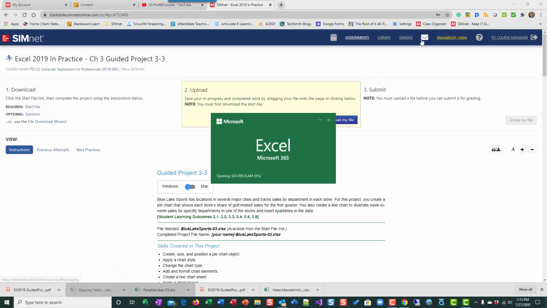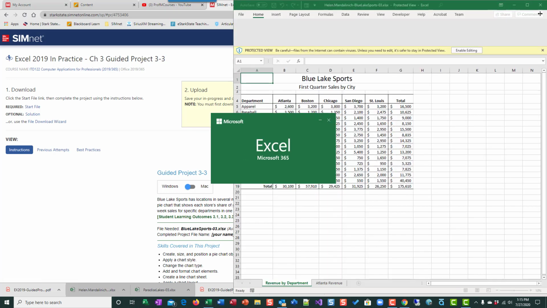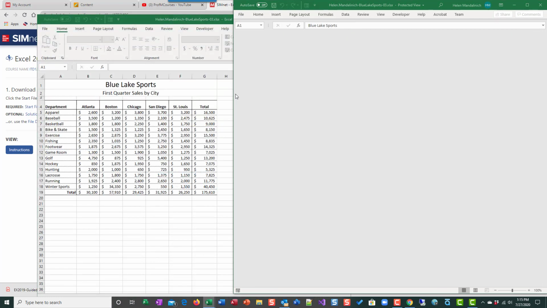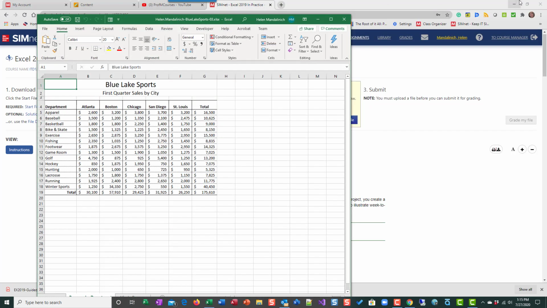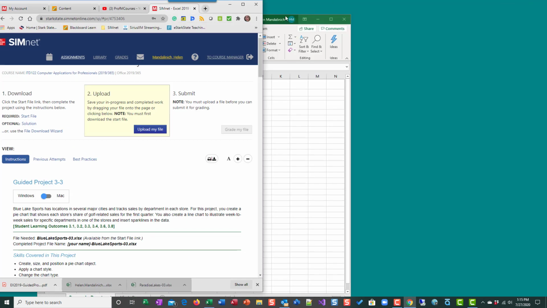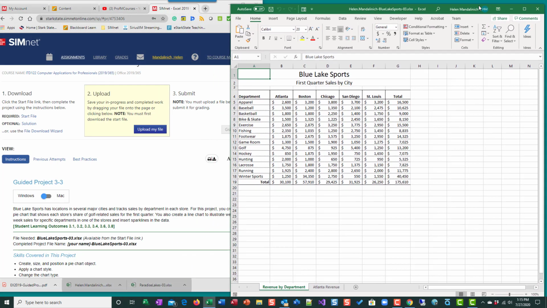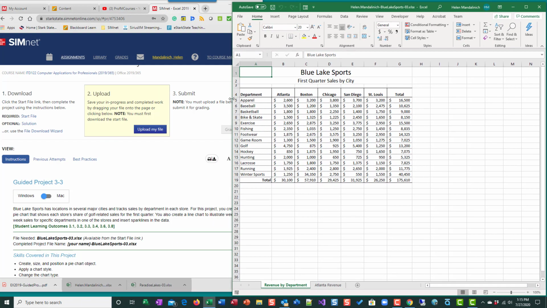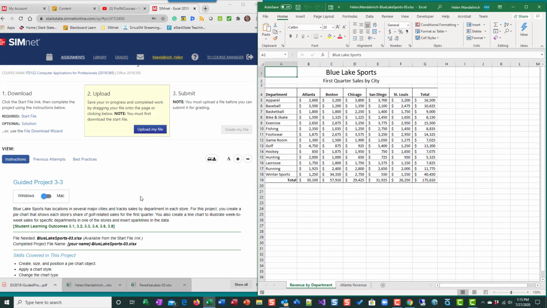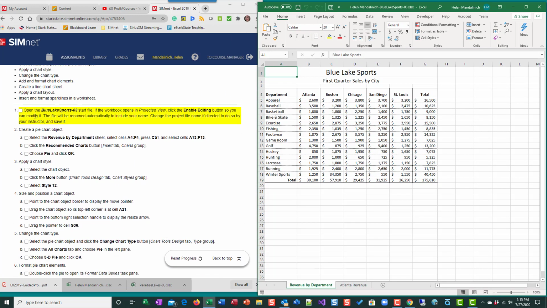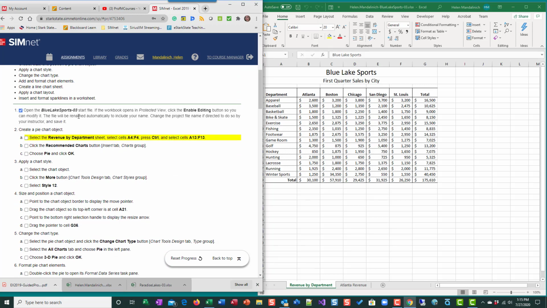I'm going to go ahead and open up my start file for the Guided Project 3.3, and I'm going to enable the file. Remember, in the Guided and Independence projects, you do not change the name, so I am going to leave this as it is. All right, so I have opened my Blue Lake Sports,